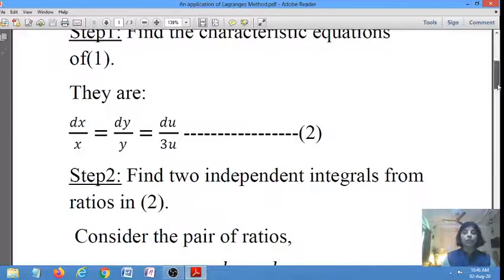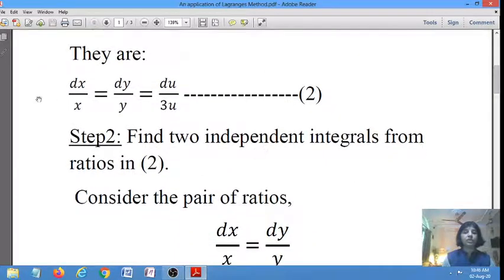Now once you have found the characteristic equations, using the ratios in the characteristic equations, you have to find two independent integrals. And how do you do that? This is the second step of the method. Consider any two ratios at a time, that is a pair of ratios, let's say the first and the second, or the first and the third, or the second and the third, or you can combine the ratios as well